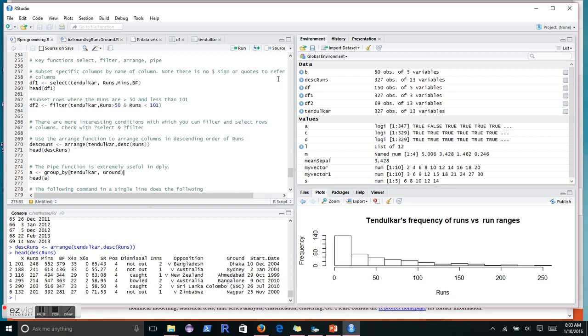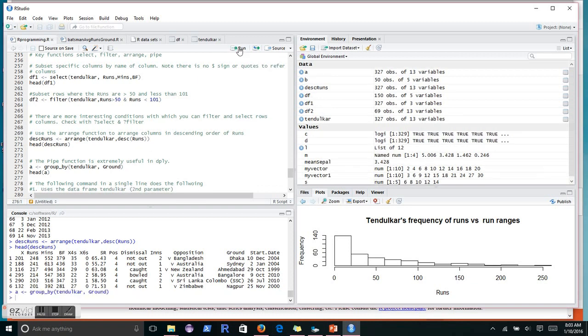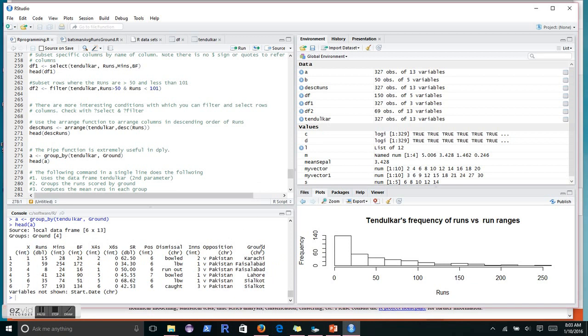Tendulkar has played cricket matches on multiple grounds. I'm going to group by the ground. If you look at this, it has grouped by the ground: the Karachi ground, then Faisalabad, Lahore, Sialkot. We'll do that one by one. And